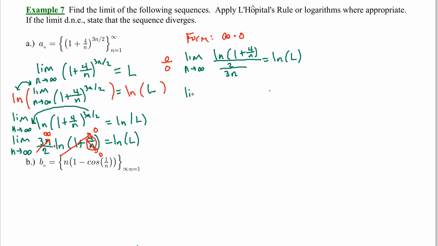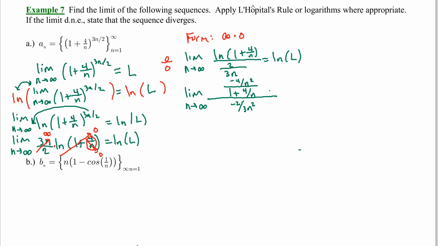So we can individually differentiate the numerator and the denominator. I'm going to make my main fraction bar a little bigger. For my numerator's derivative, we're going to put the argument of the log in the denominator, and the derivative of that argument in the numerator, and the derivative of the denominator, which if you think about the power rule, think of it as 2/3 times n to the negative 1. The derivative would be negative 2/3 n to the negative 2,